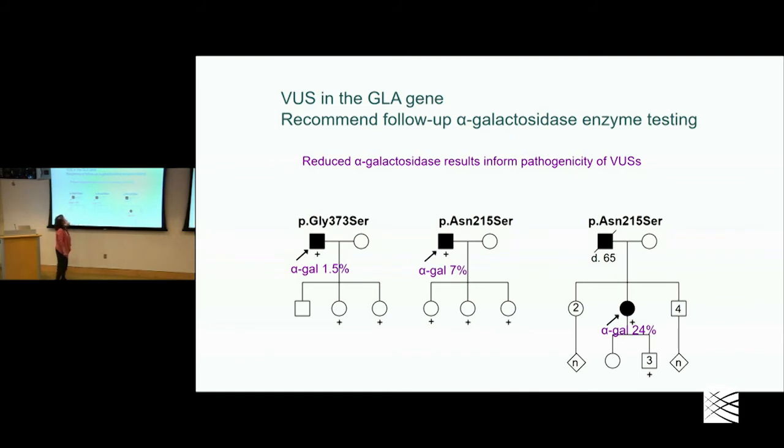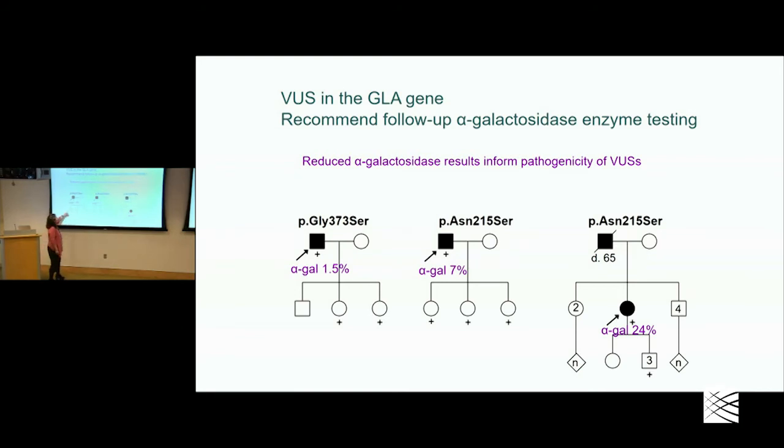And so for the GLA gene, which causes Fabry disease, which is both a neurosensory and renal phenotype, you can do alpha-galactosidase enzyme testing. It's a clinically orderable test and you get a measurable value. It's been a well-validated clinical assay. And so when we have a VUS in the GLA gene, we suggest the physician go order alpha-galactosidase